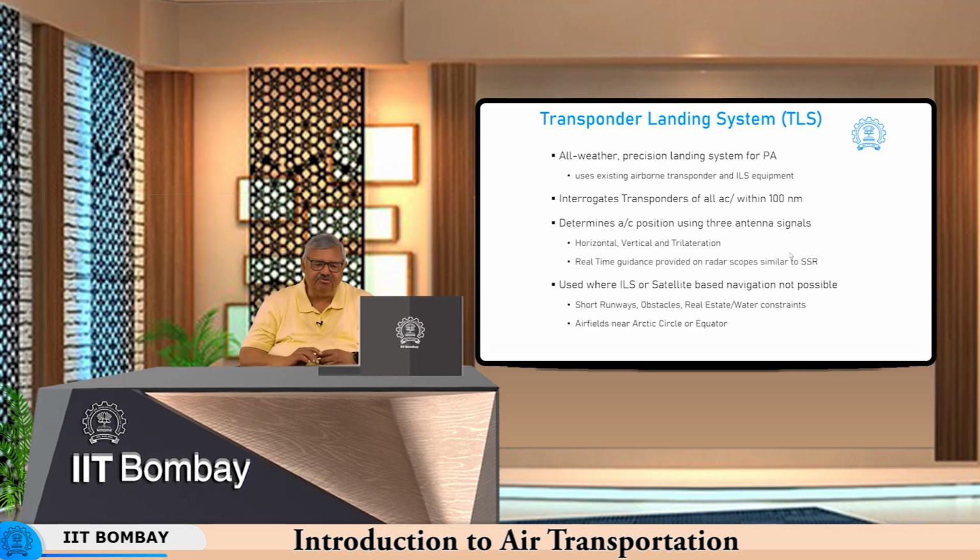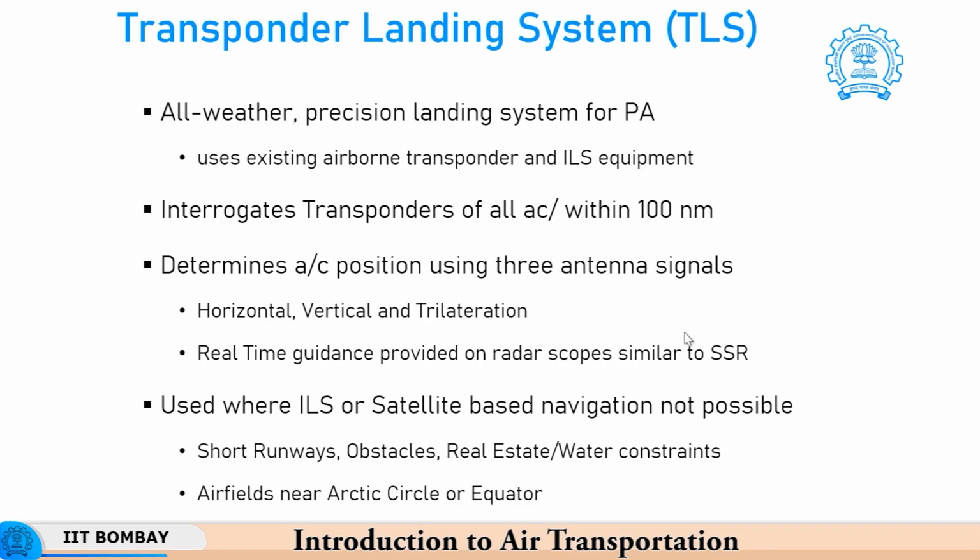A TLS system is used where the ILS or satellite based navigation is not possible or not reliable. For example, you could have very short runways where you will not be able to really have the land required for installing all the ILS components. You may have obstacles, you may have real estate constraints beyond the runway where you cannot install the approach lighting system or the various members, and there could be that on both sides or on one side you are approaching over water, over a sea or over lake, and then in that case it becomes difficult to install and maintain